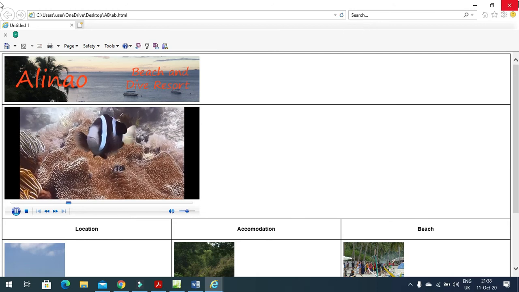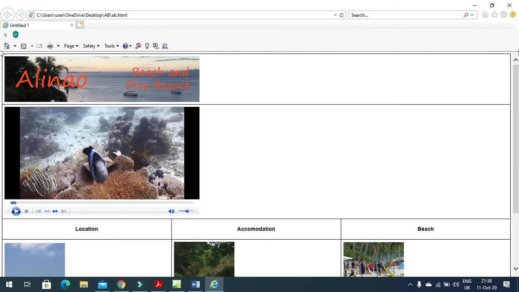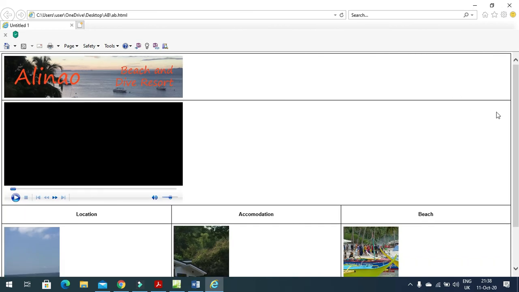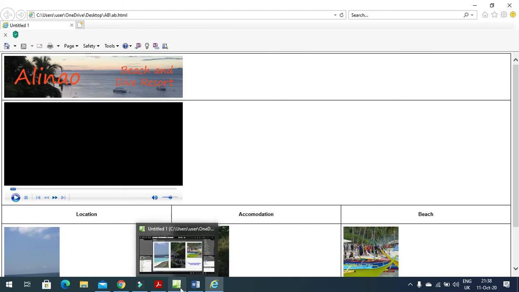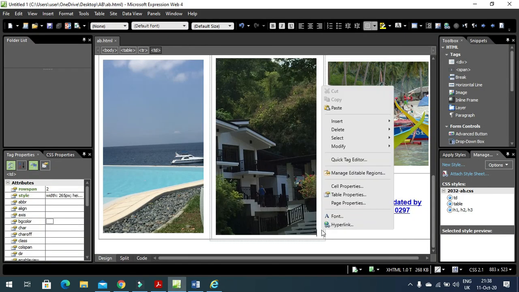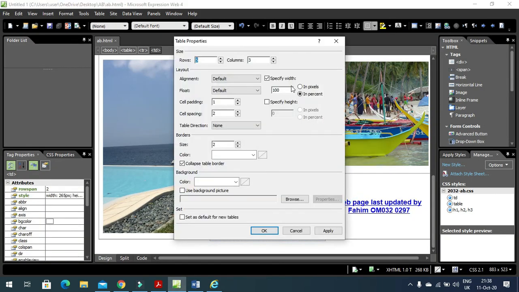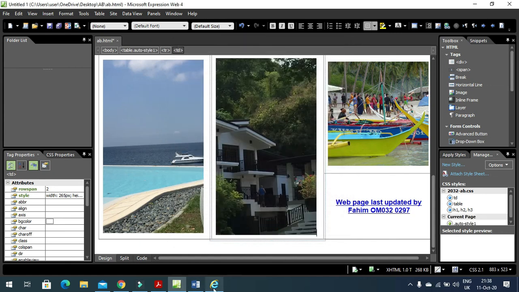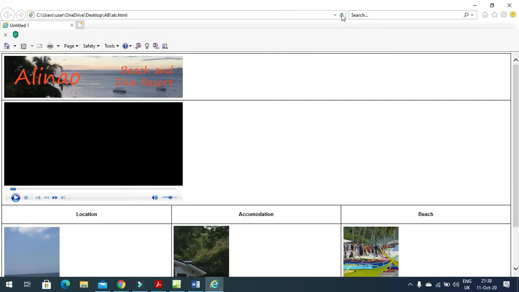Both of them have the same preview. So what we are going to do here, we are going to adjust the table size also. So right click, table properties, and the maximum is 860, for example. Okay, now when I preview this time,